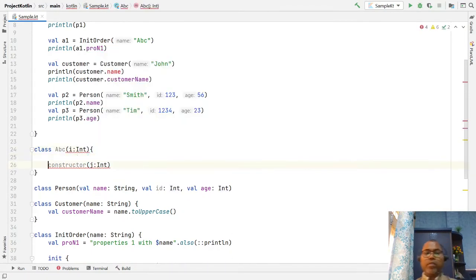Whenever you define a secondary constructor, you have to invoke the primary constructor. So how to invoke? You write the secondary constructor, then a colon and the keyword this, and the primary constructor's argument you have to pass.